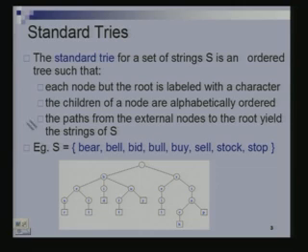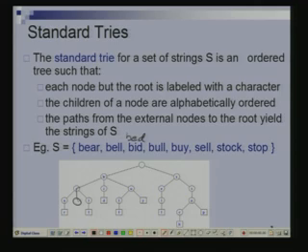No? Okay, suppose we were trying to insert, let me quickly do it, right? What do I want to insert? Bed. We had not found bed, right? B-E-D is what I want to insert. What will I do? I'll search for bed. I'll come down here, B found. Here I would have seen a B, so I come down here. Then here I would search for an E, I come down here. Here I am searching for a D. In the linked list here, there is no D, so I create a node. Right? Now it will be a square node because it's the end of the word, and this would have D written in it. That's it.